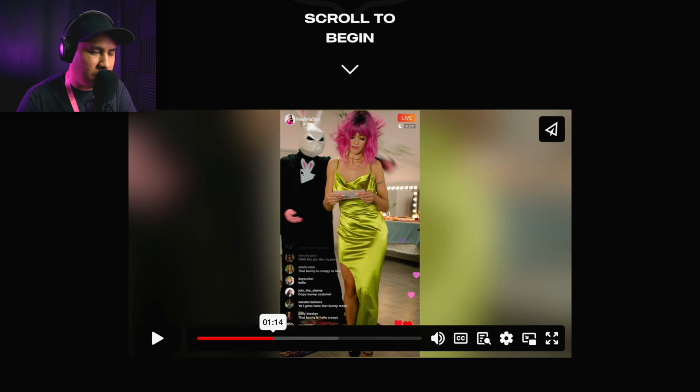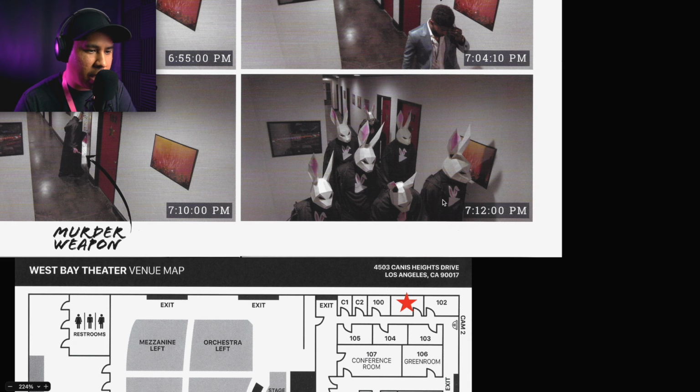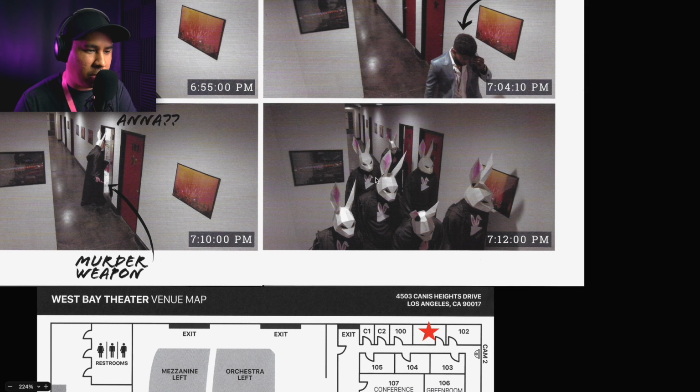Okay, so this looks correct, but it should be mirrored, right? Is that what it is? Where do we see the other bunnies? I think it's in the security footage. Yeah, so in this normal, non-mirrored shot, all these bunnies, the play button looks like this with the ear down here, right?